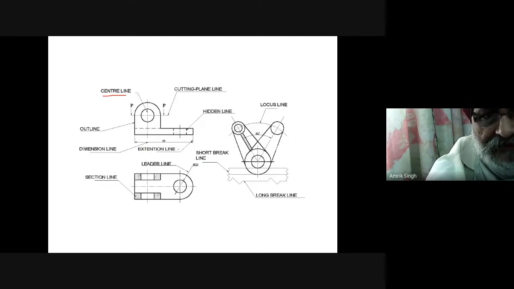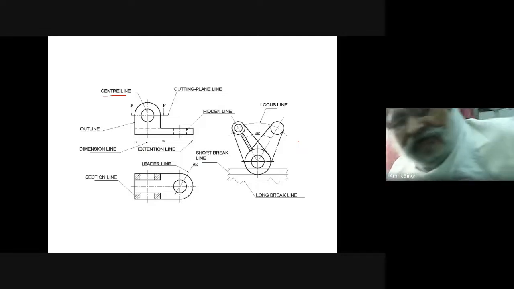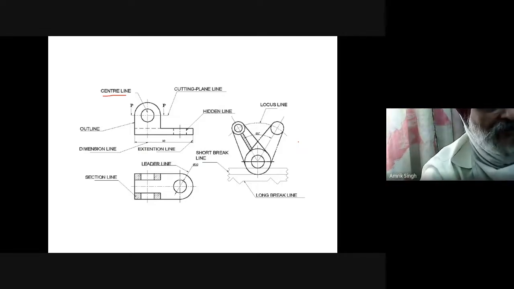So these are the extension lines which are used for dimension, and this is a dimension line. So this is a section line. So this is a long break, you see what we are talking about, and this is how we show the angle. This is how the locus line is shown. Okay. So because dimensioning, lining and lettering, this chapter is not in very much detail, but I have to teach, so I am giving you an idea.